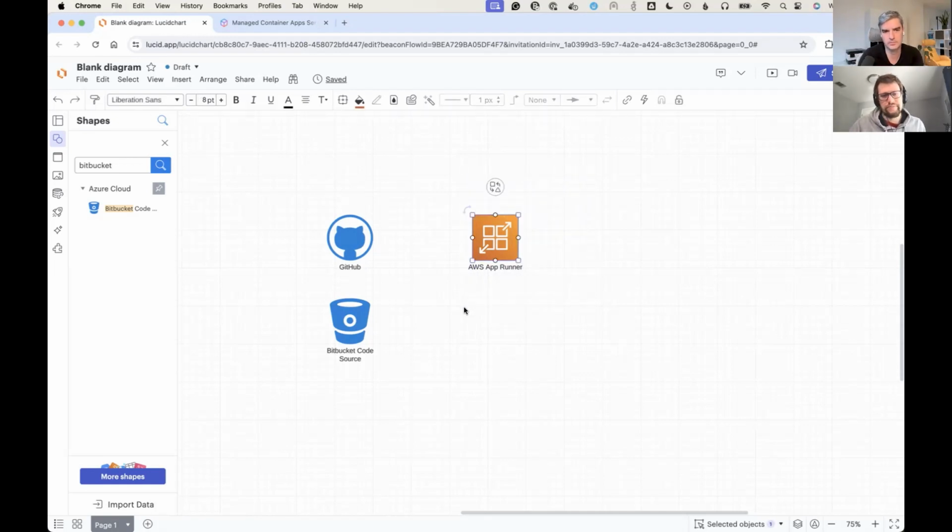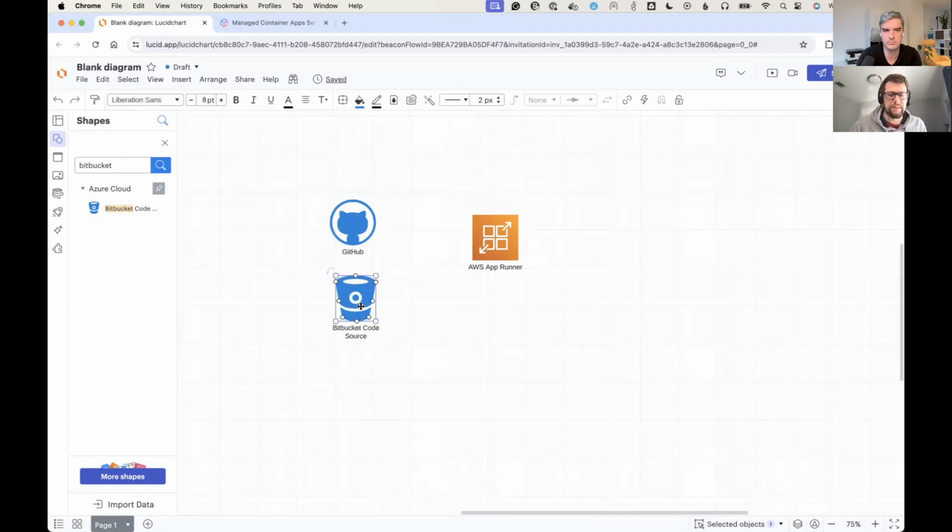Typically nowadays you have a GitHub repository where your code resides, maybe Bitbucket, maybe GitLab, maybe something else, maybe even Azure DevOps. So your code is already there. You just need to package it and run it on a cloud provider. So how do you package it? There are many ways to package it, but one of the easiest is just by using a